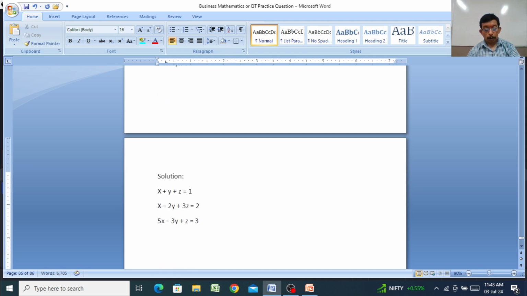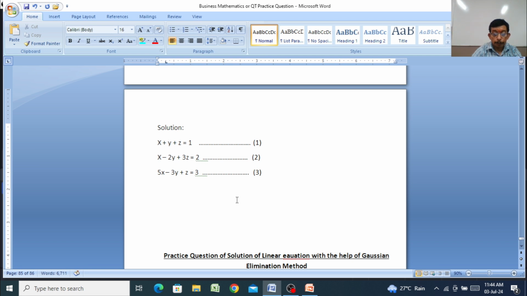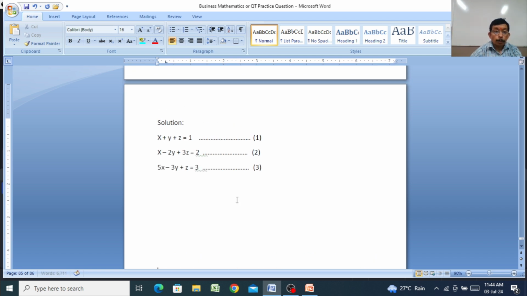This one, take the first equation. And this one, take the second equation. And this one, take the third equation. Now simplify the equation. X is equal to, by the Cramer rule,